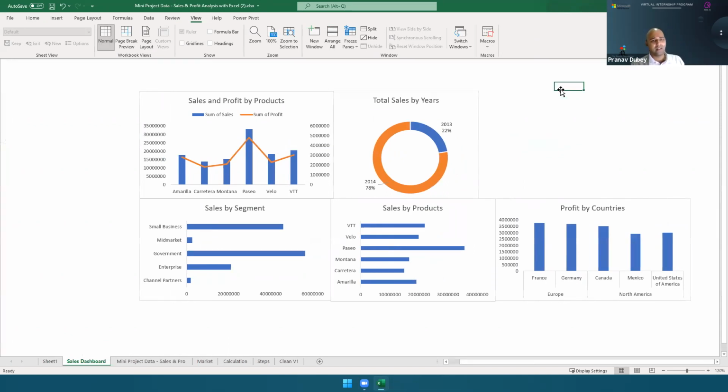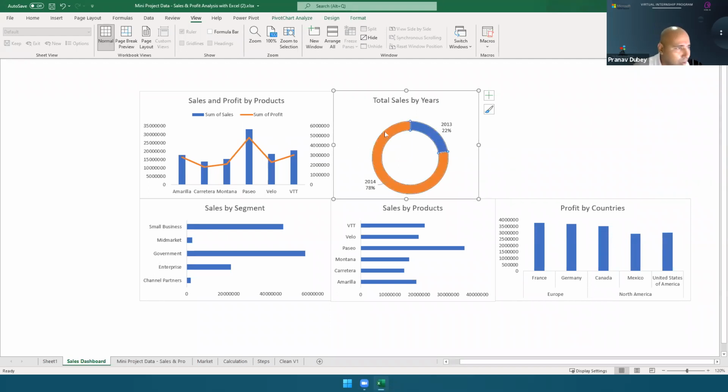Now I will add slicers here. Slicers are important concepts when it comes to data analysis or visualization in Excel. Click on any chart, and why do we use a slicer? Looking at the data, suppose we have 2014-13 data and we have all values.